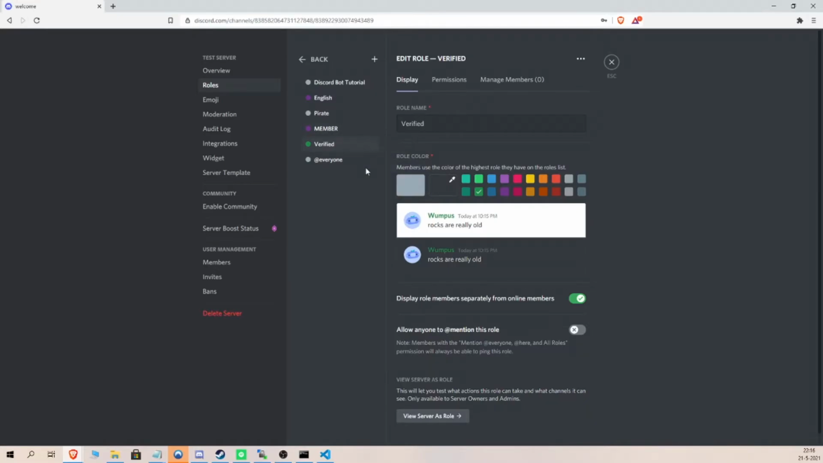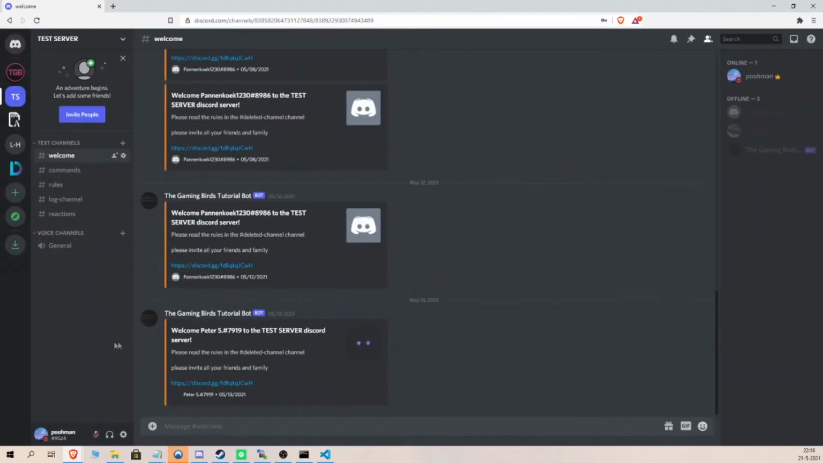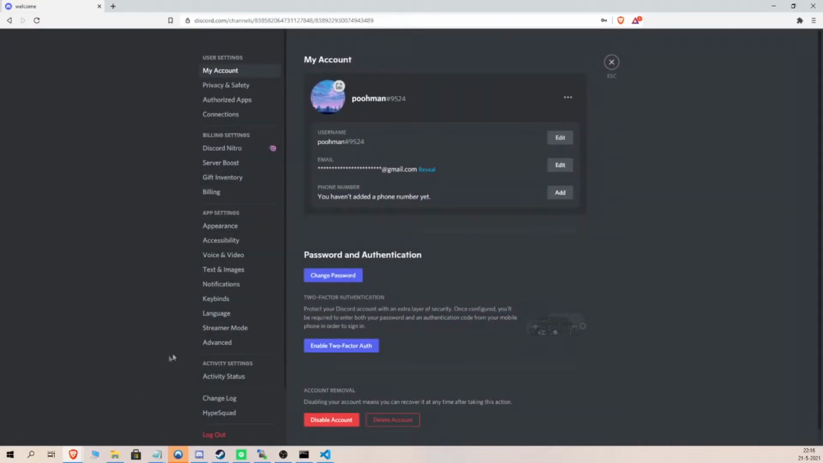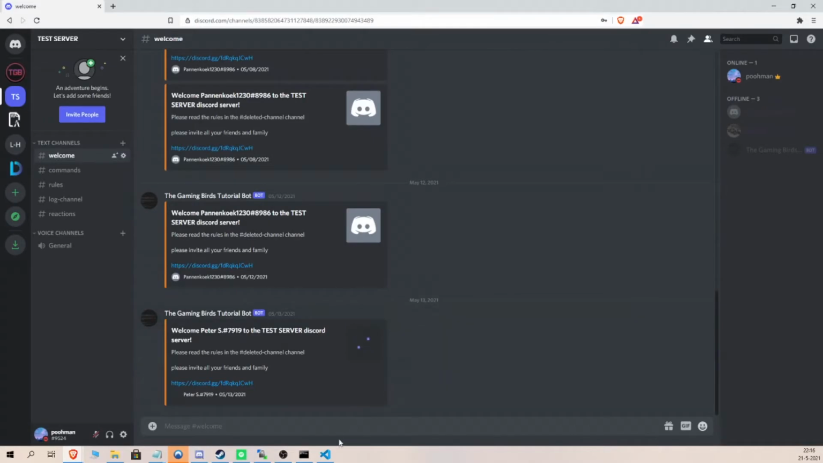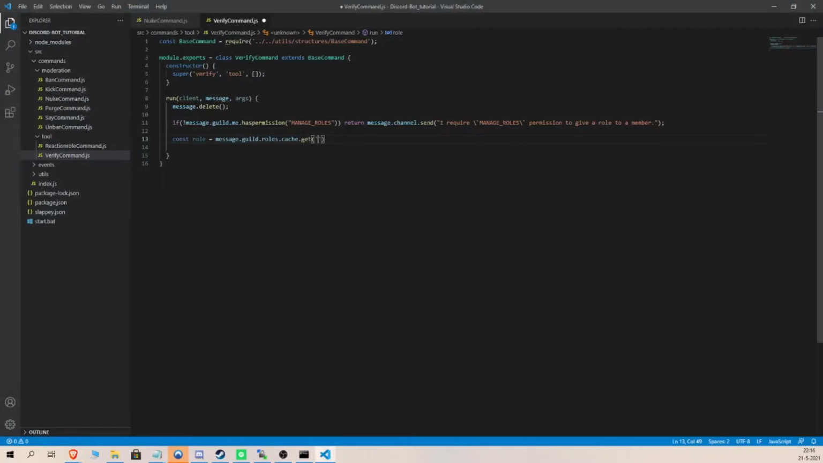I'm going to copy the ID. For you guys that don't know how to copy the ID, you probably haven't turned on that function yet. Go to app settings, advanced, and turn on developer mode. Just paste it in here